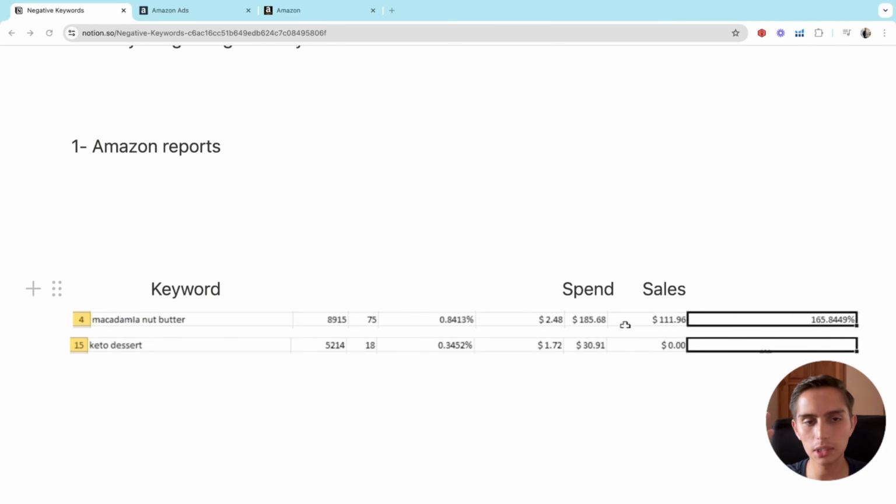But again, you have to give it time. You're not going to be able to get this kind of data with just a few weeks of selling. Just give it time and you'll see something like this. And it's totally fine. If you see a negative keyword that's not working for you,